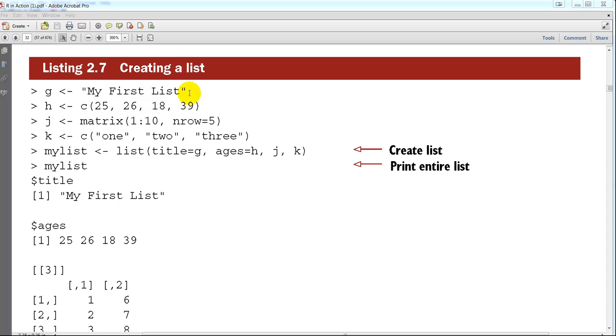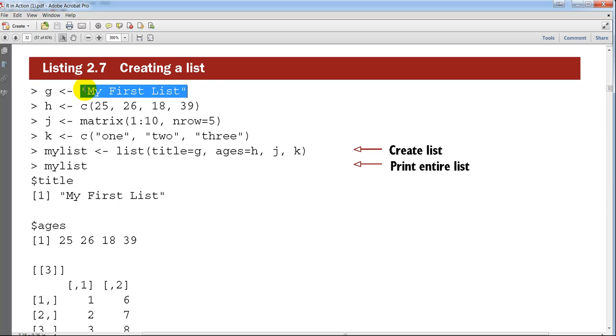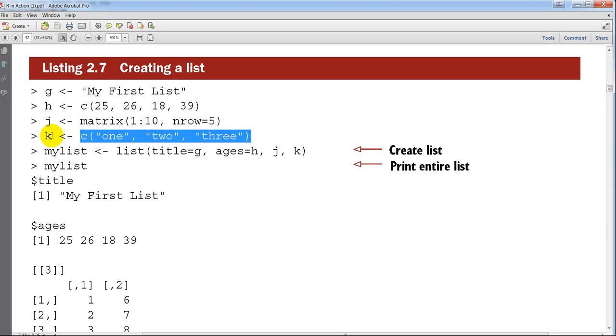We'll have a string here, and call it G. Then we'll have a vector here, and call it H. And we'll have a matrix here, and call it J. And we'll have another vector here of strings, and call it K. And now we're going to create a list,